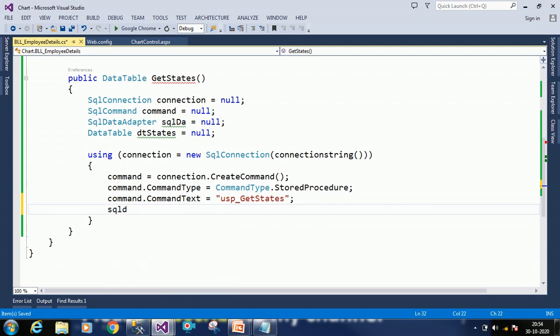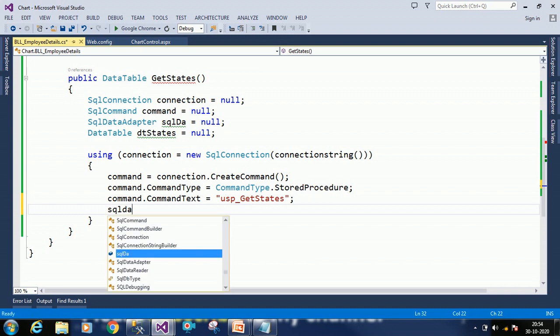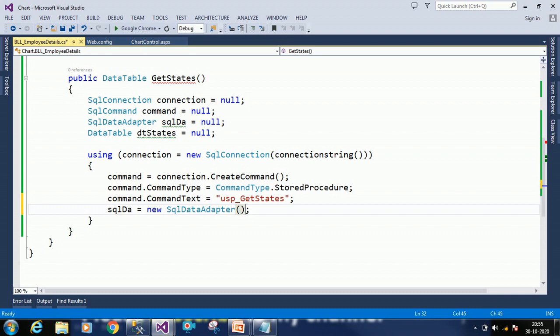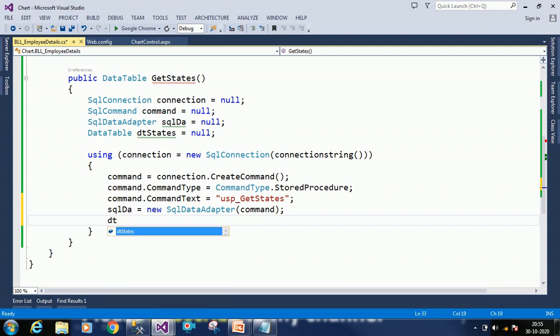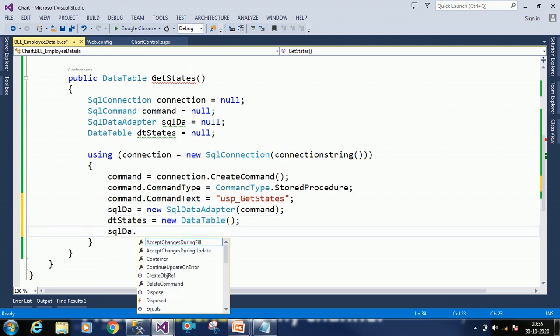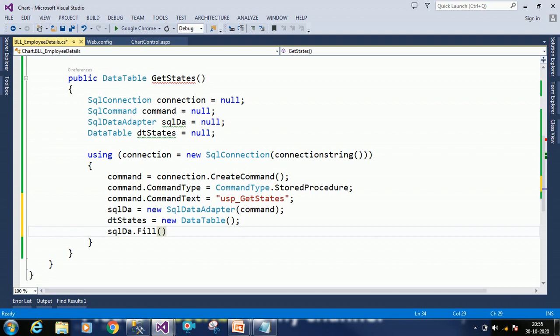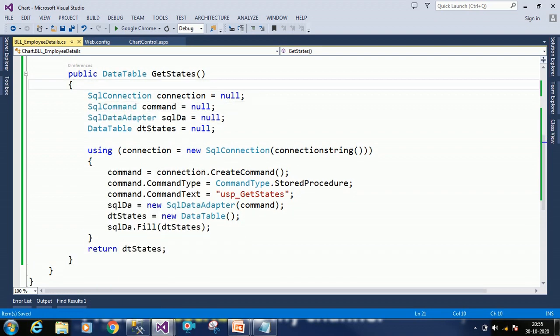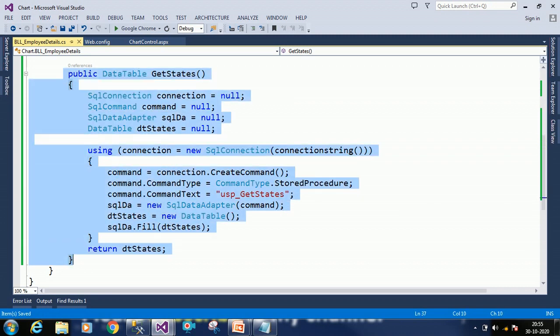Then SqlDataAdapter, new SqlDataAdapter, and we have to pass our command here. Finally we will get a data table. You have to fill it with our dtStates. Finally we have to return the data table. Now we are getting state details from the SQL database, and I need one more